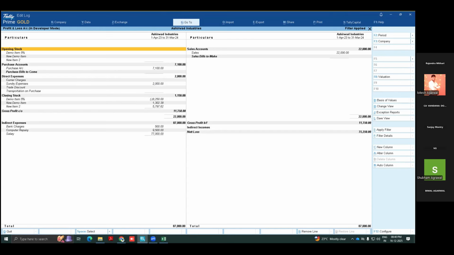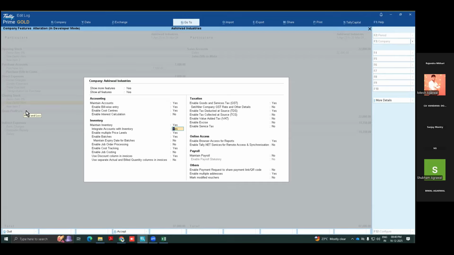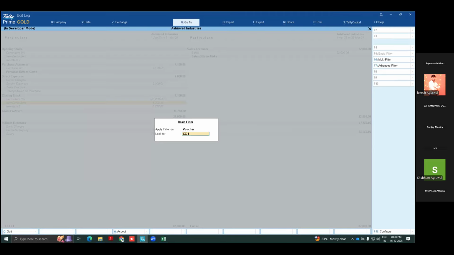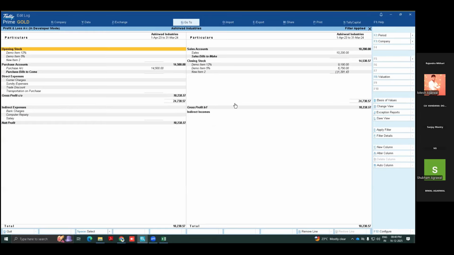That's it. So CC1 profit and loss account has only purchase, and closing stock is common. That is already obviously common. You can disable it from integrate accounts. Okay. Then if I want to apply filter for CC2, that is the CC2 account. That's it.